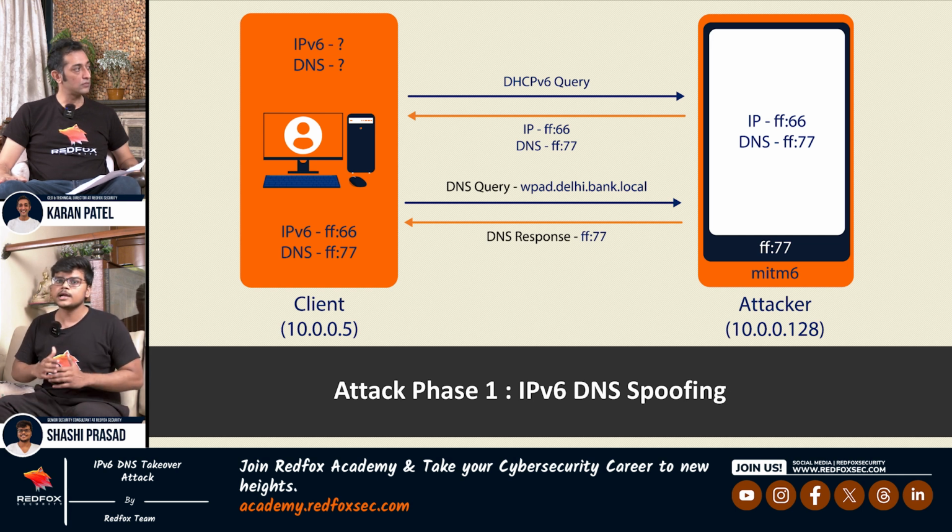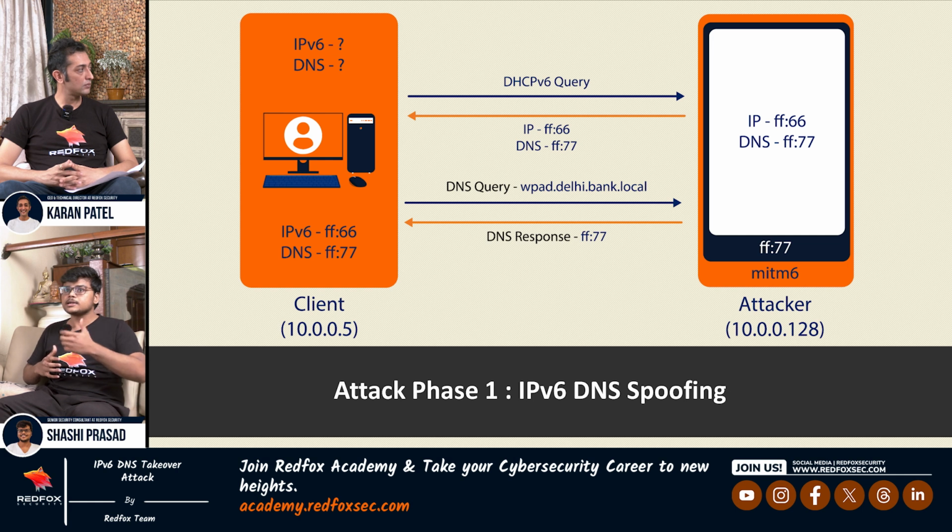Let's suppose a Windows system boots up in the environment. The first thing it will do is try to find out the DNS or IP configuration settings. For that, it will make DHCP queries. To look for IPv6 configuration settings, it will make DHCP version 6 queries, and these queries are broadcast in nature. And since administrators have not set up DHCP servers managing DHCP version 6, and since these queries are broadcast, as an attacker, we come into the picture and say, hey, I know the query you are asking for, and we will send back a fake response,